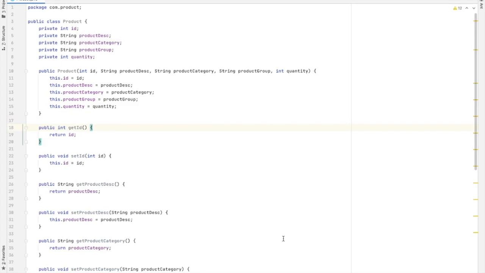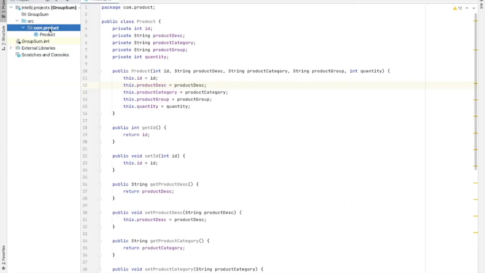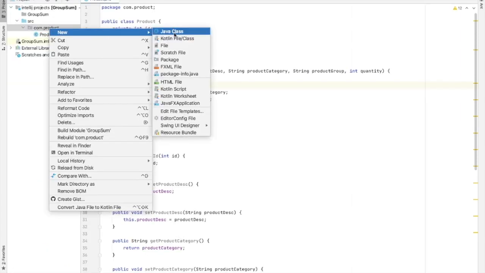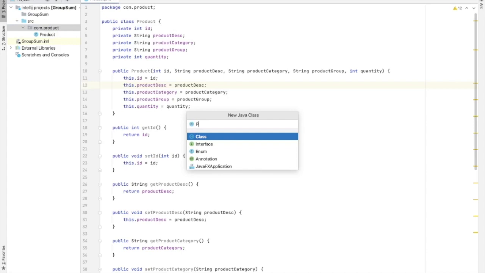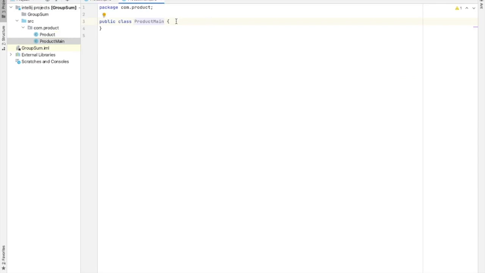Next, we are going to create the main class. New class. Let's name it as product main. Now public static void main.